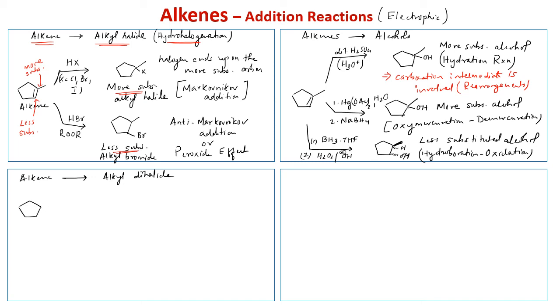So if we start with the alkene that we have, when we do a halogenation reaction, you react it with a halogen, and let's just use X2 here, so it's any halogen, and you use a non-coordinating solvent, and this would give you